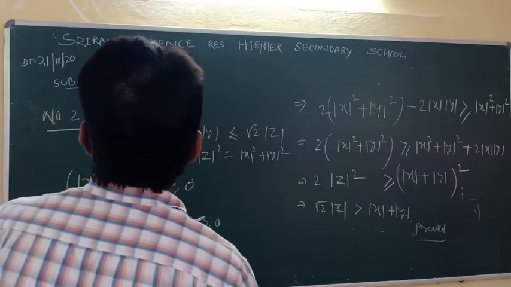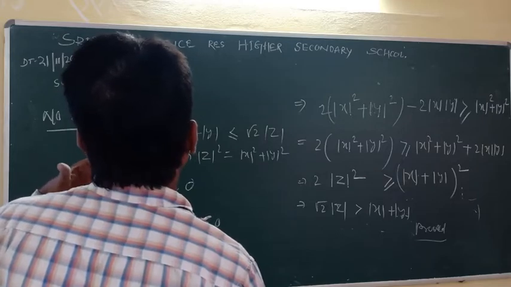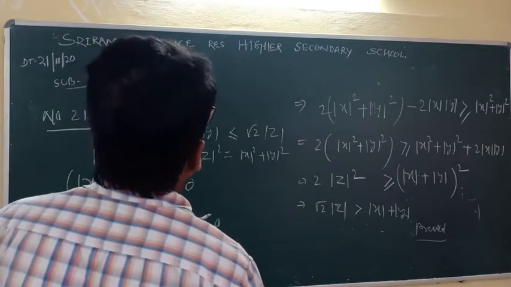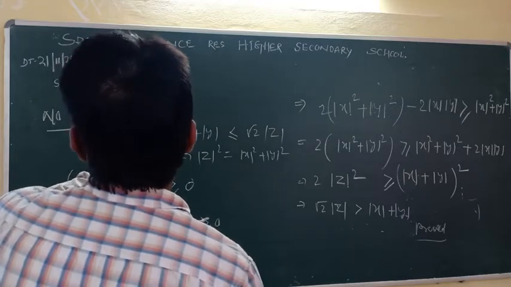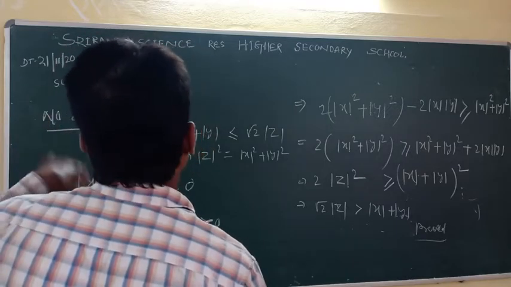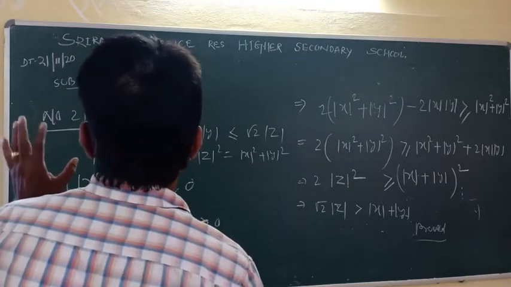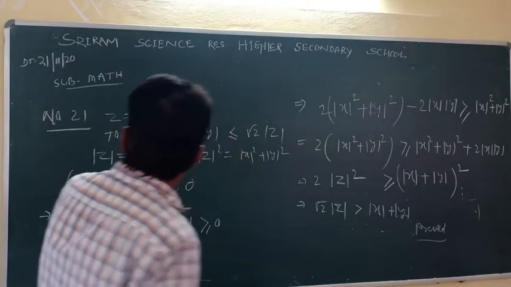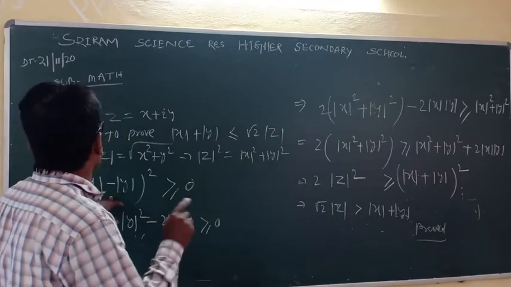Taking z is equal to x plus iy, given. We have to prove that the modulus value of x plus the modulus value of y is less than root 2 times mod of z. So mod of z means root over x square plus y square, you already know. So mod z square is equal to mod x square plus mod y square. You already know that. A particular step, it is an important step in this particular question.